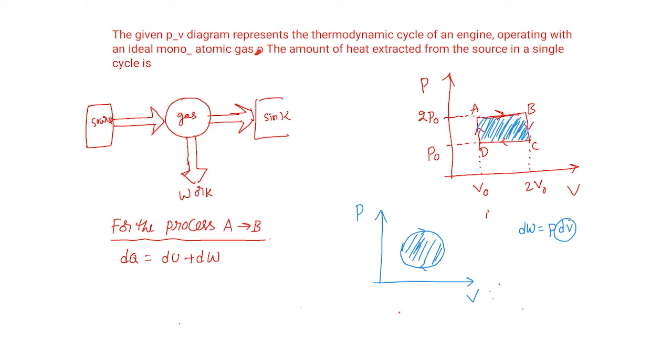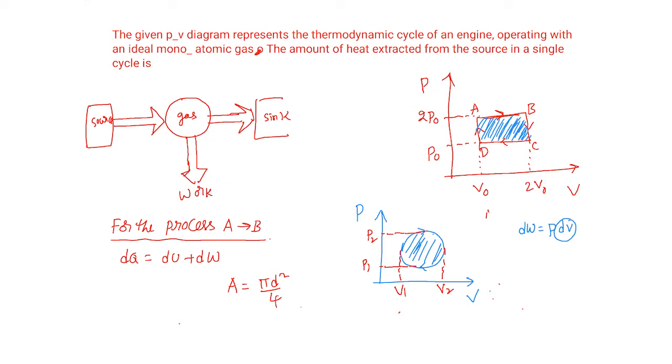So if it is a rectangular loop or square loop, there is no doubt in calculating the area. But here in this case, how do you calculate the area for a circular process? This is P2, this is P1, okay? This is V1, this is V2. Pi r square only, you have to apply pi r square. Now, with diameter, area is given by pi d square by 4. Am I correct, children?